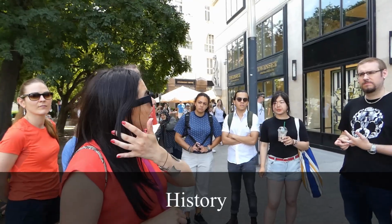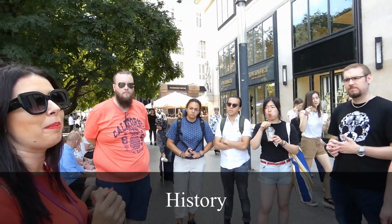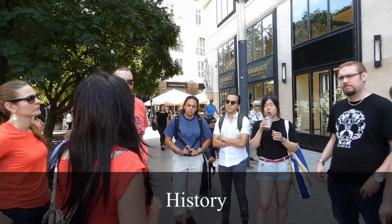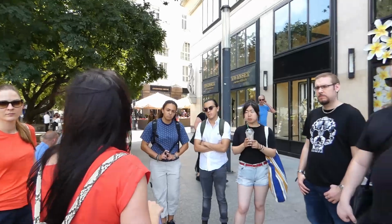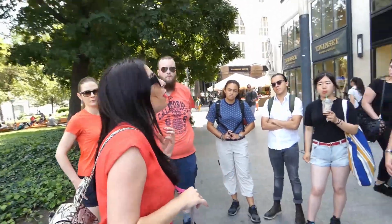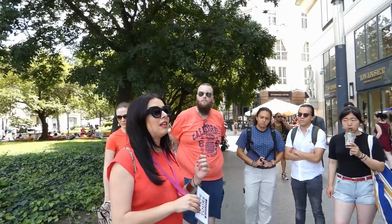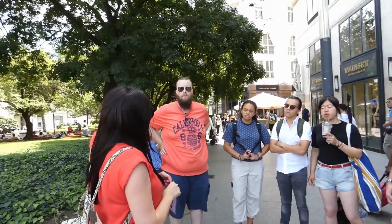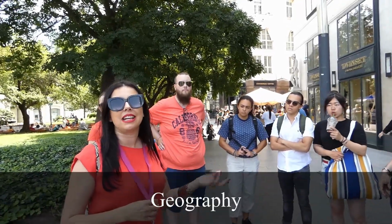The Austro-Hungarian monarchy had two capitals. One of them was Vienna, the other one was Budapest. But Vienna was always more dominant because the emperor, Franz Joseph, and the wife of the emperor, they were from Vienna. So each time when they wanted to do some changes here in Budapest, they had to ask permission from the emperor himself. While the Buda side of the city is the smaller side, is the green side, is the